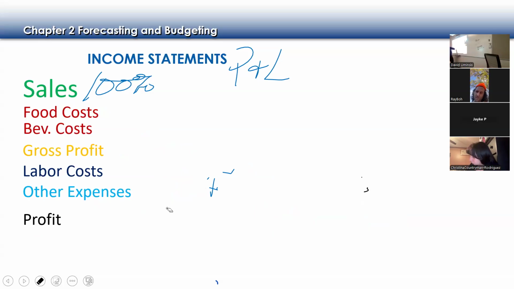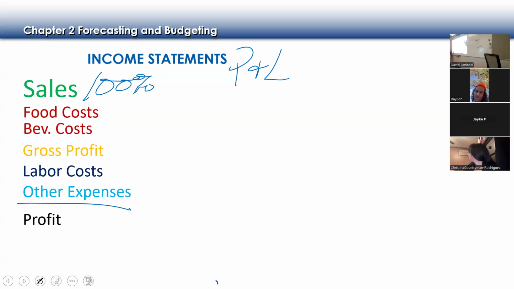All right, so sales always goes first. Then we have our food and beverage. Those are our most controllable, so those go second. Then we have labor, other expenses is like rent, our Spotify subscription, our insurance, all of our different things that we have to cover. And then the bottom line